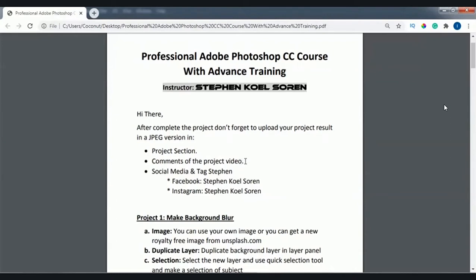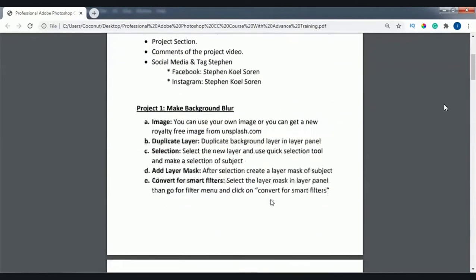I mean, you should use the output file in JPG format. You can post your work which you worked in class project, or you can tag me on social media through Facebook or through Instagram. Okay, so here is our description about the first class project, and the name of our first